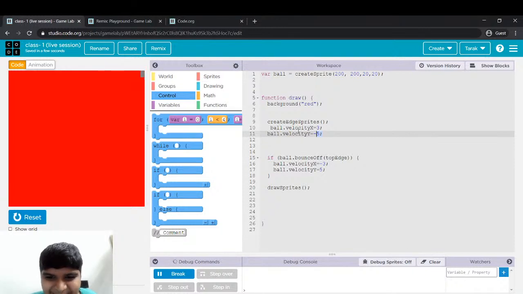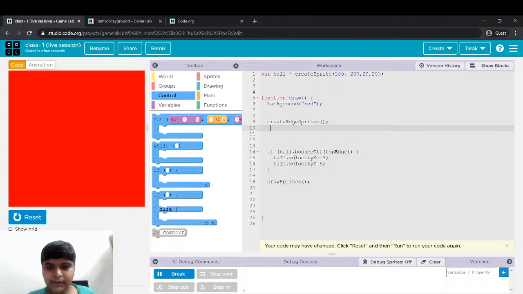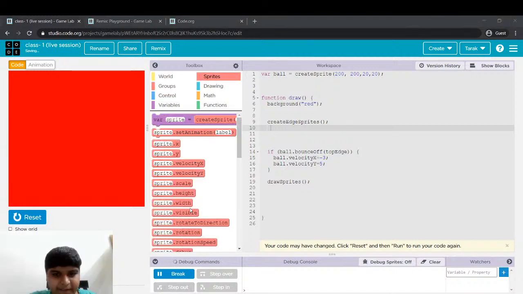Ball dot bounce off top edge. What must be the problem? Let me just think, okay? I messed up. I did this long ago, so let me just check on it. Let's see. Okay,